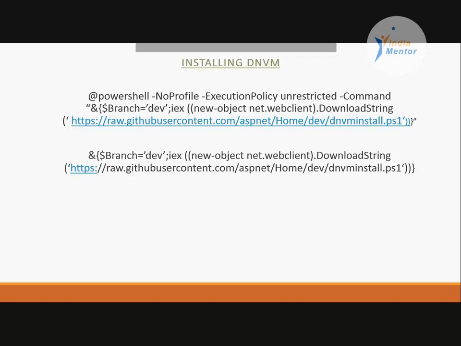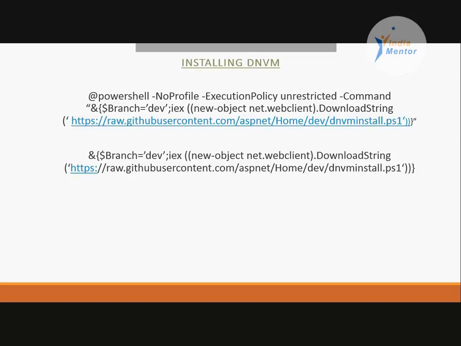Just two quick important points. When we were trying to get this going, we faced problems. First was, if your PowerShell version is not greater than or equal to 4.0, you would have a problem. You would not be able to run DNVM. So please make sure that your PowerShell is upgraded to the latest version. It will weed out a lot of problems that you might face otherwise. The second problem is that on a lot of development machines, we saw there were not enough rights. So there is something related to the execution policy that we have to be careful with.